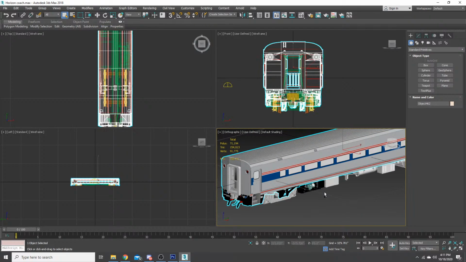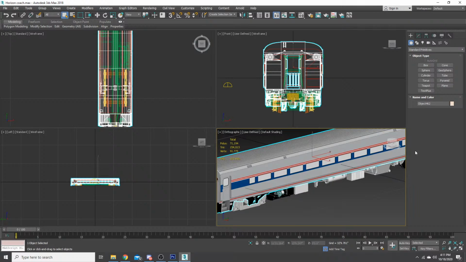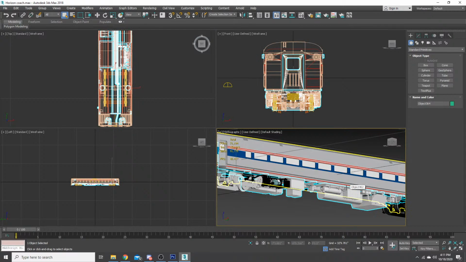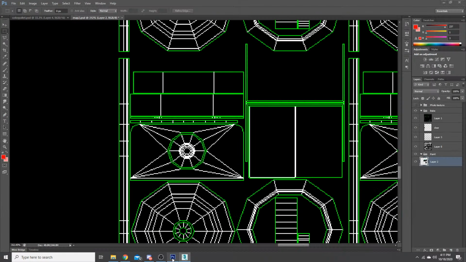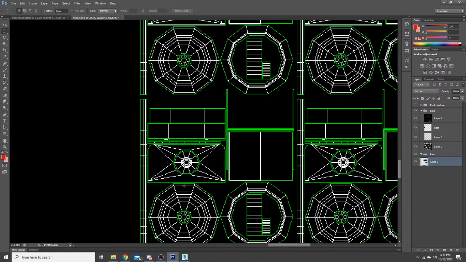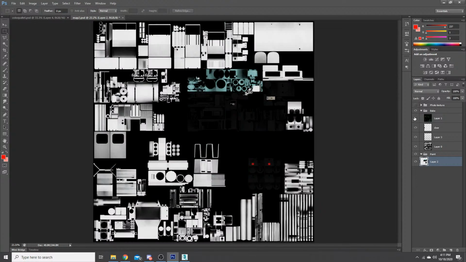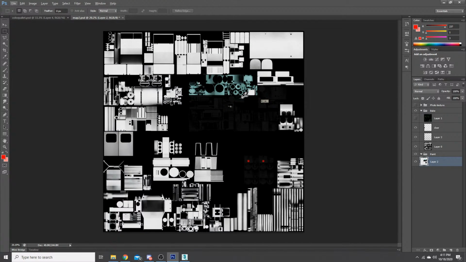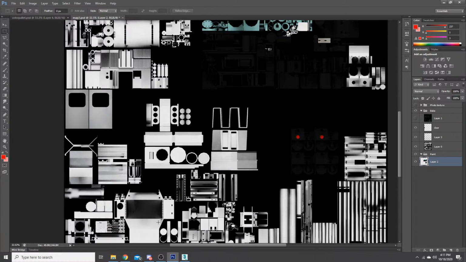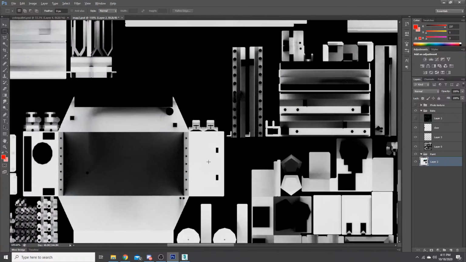So that's map 1. Then map 2 is all of the underbody details. And the reason I broke these maps down is, if we pull up Photoshop here, we can take a look. Here's map 2. This has a lot of details that are going to have photo textures or labels on them, like on this thing.